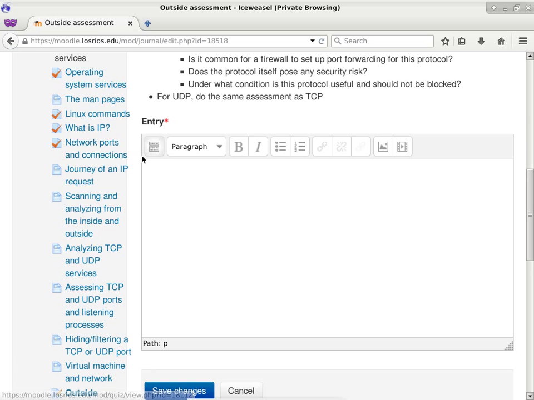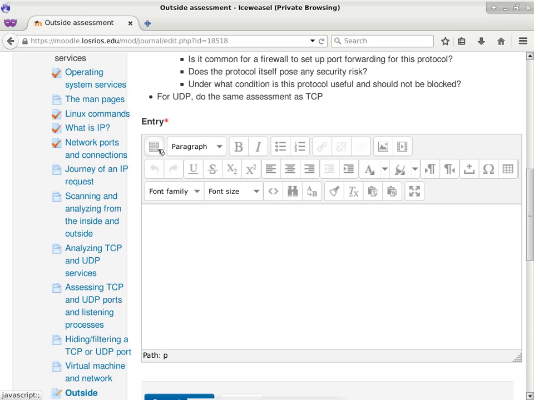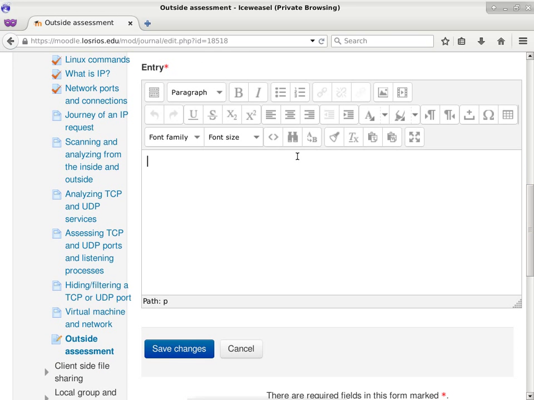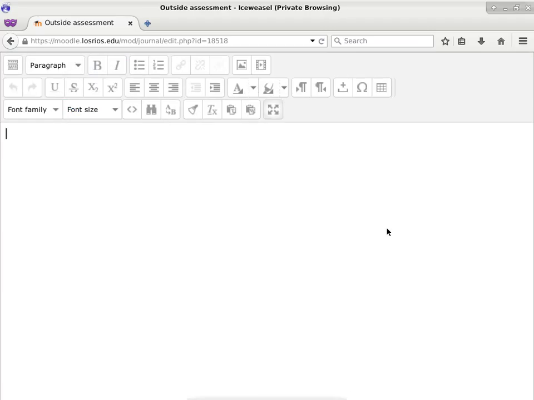And by the way, if you're new to the HTML editor, you can click on this button here, and it will show you the other things you can do in the HTML editor. For those of you who do not like to be confined to a small box when you're editing, you can click this button here to expand to full screen mode. Okay, so this will give you more space to do your editing. The typical tools are here.